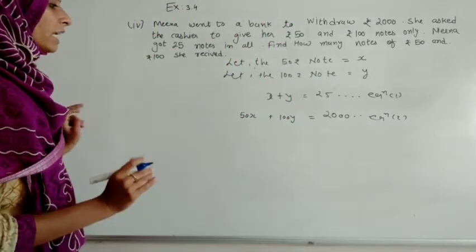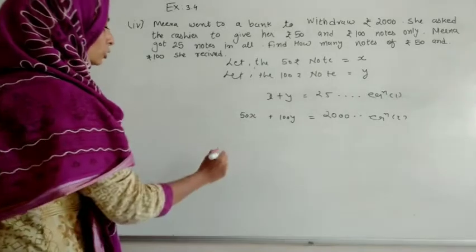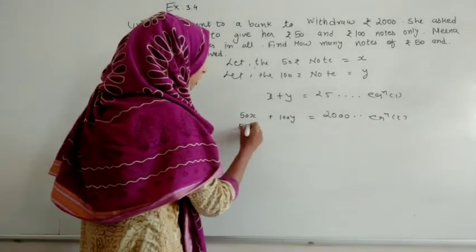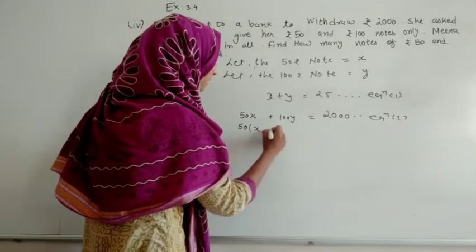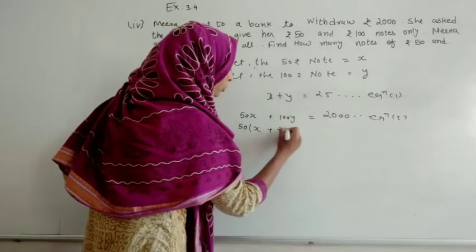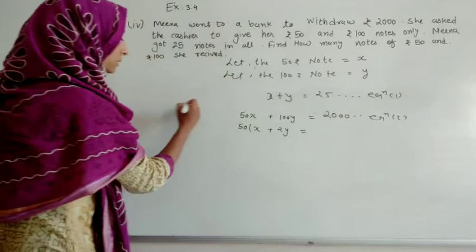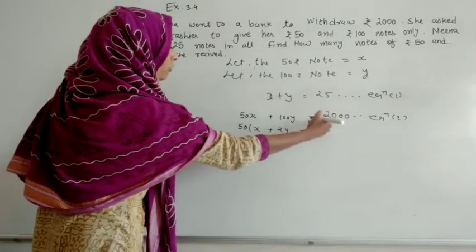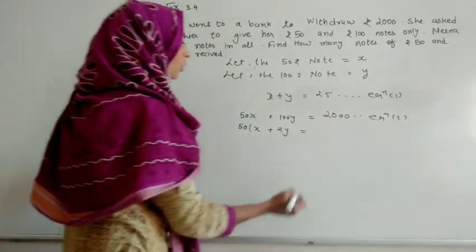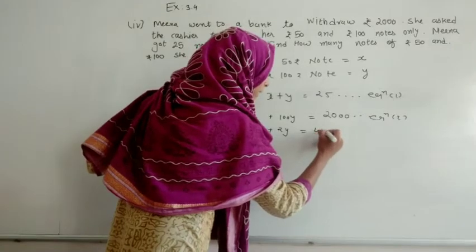Now here we can take common and we can reduce this also. So if I am taking 50 common from this, so it will become x. 50 to the 100, so this will become 2y. And now we have to divide this, means if we are taking out 50 from this 2000, so what we will get? So let me guess it.